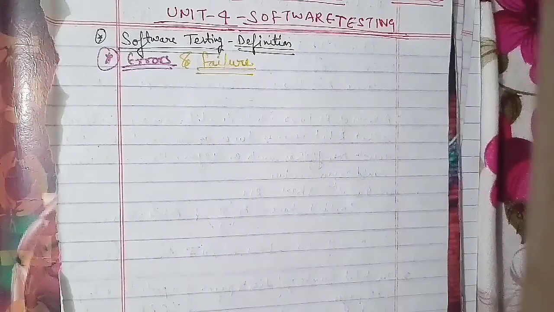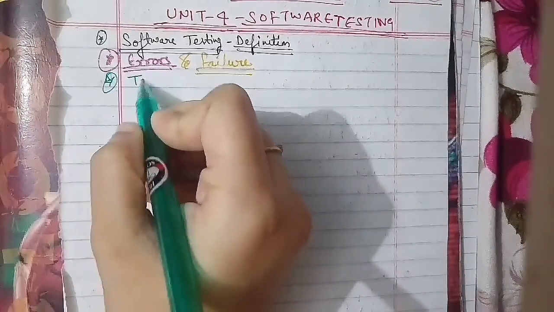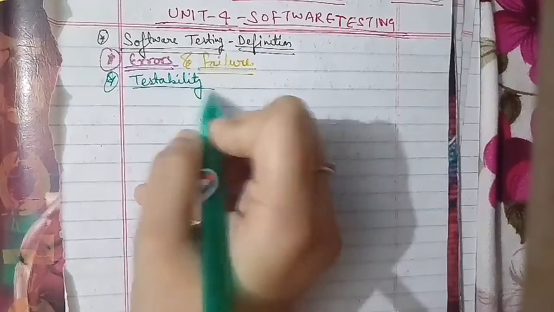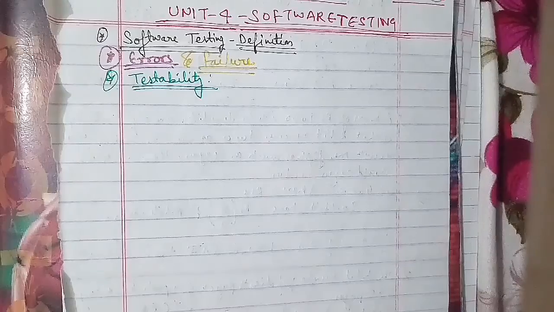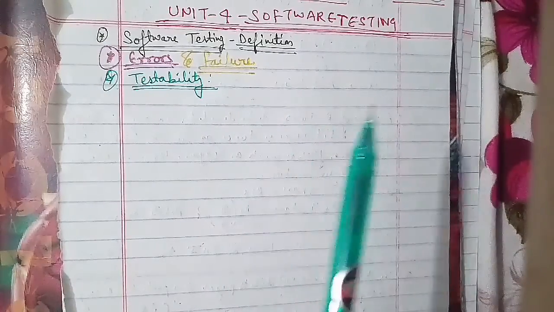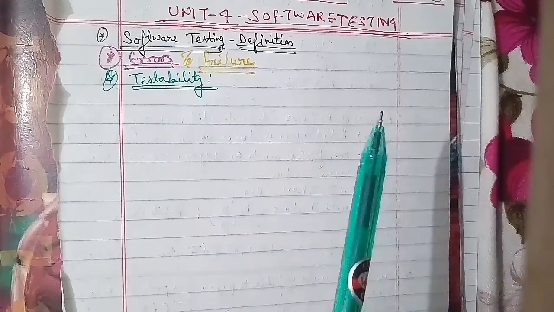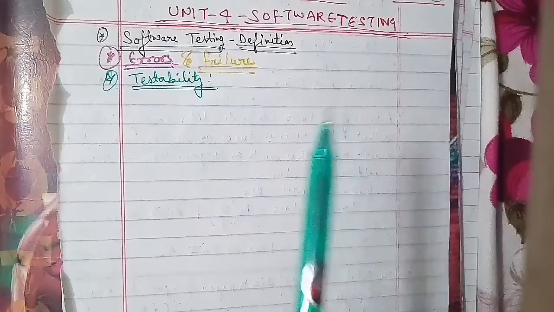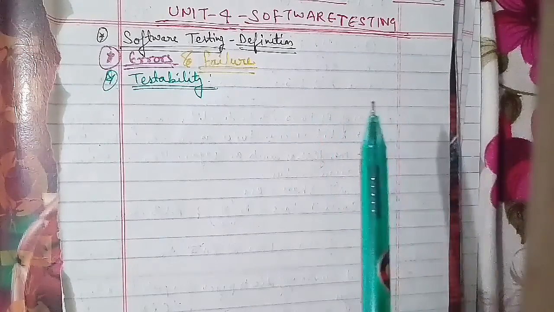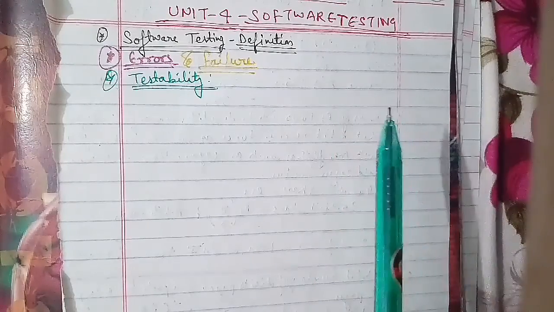Now we'll go further to another question of 2 marks that they had asked: what is testability? Testability is the degree of difficulty of testing a system. This is determined by both aspects of the system under test and its development approach. First, higher testability means better tests at the same cost, and second, lower testability means fewer, weaker tests at the same cost.